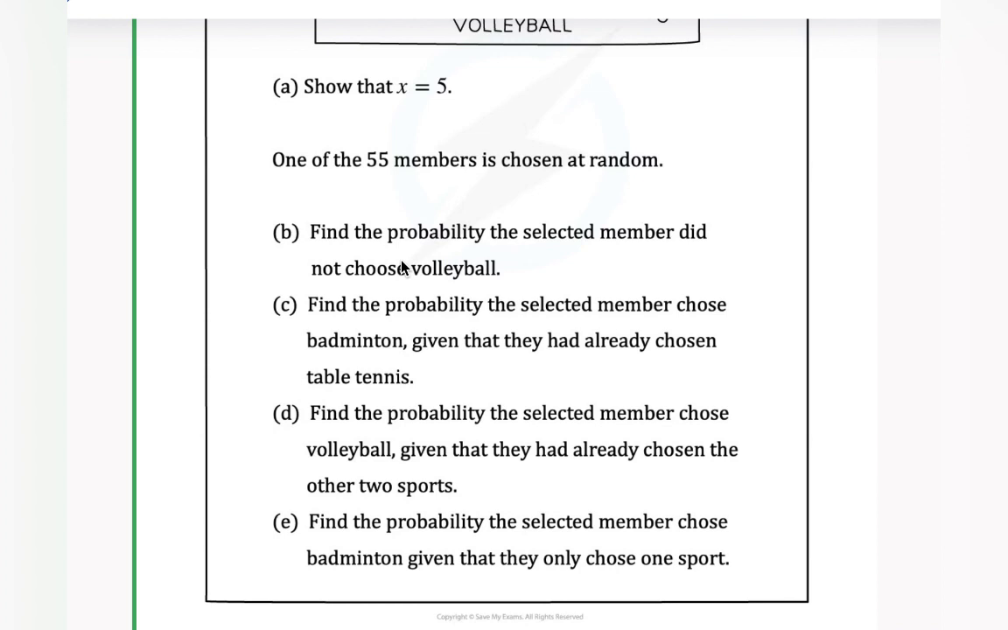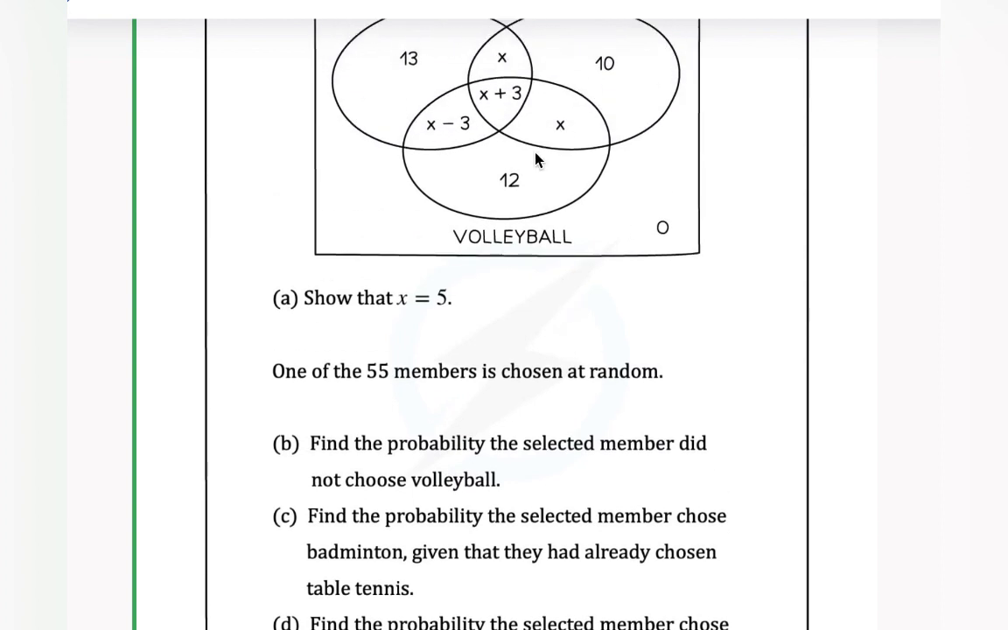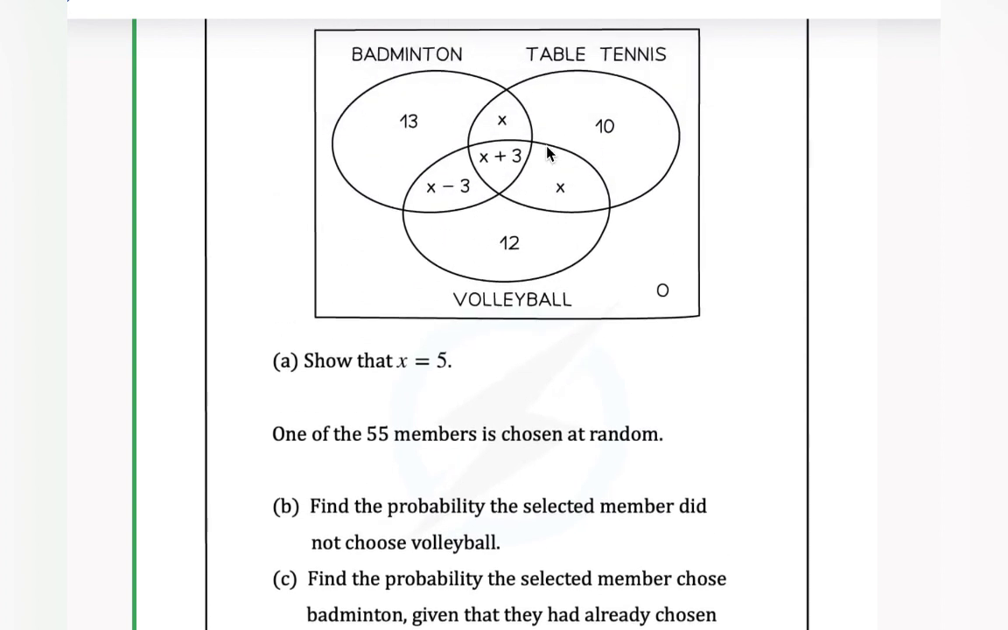The B part is: find the probability that the selected member did not choose volleyball. Okay, you know those who did. Everything here chose volleyball, so you can find this number here. The number here is now 5 minus 3, which is 2. The number here is 5 plus 3, which is 8. Here is 5, because x is 5. So we can redraw this diagram,